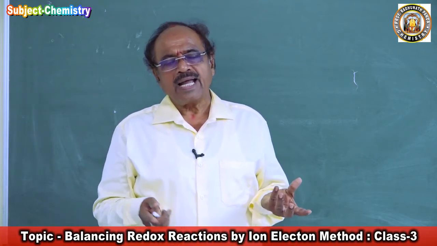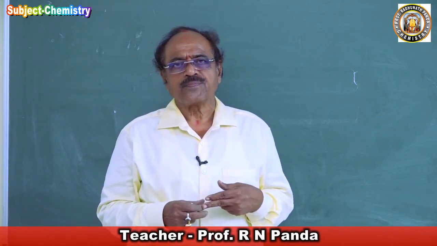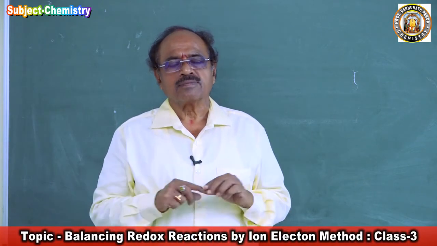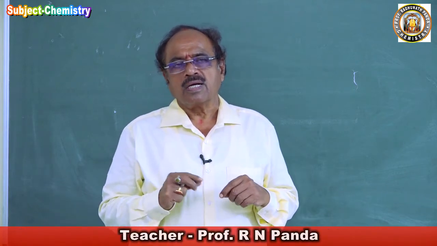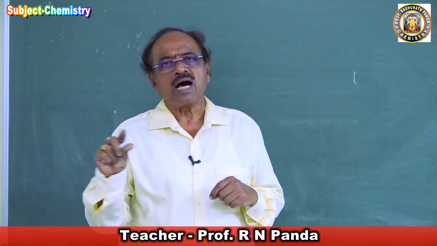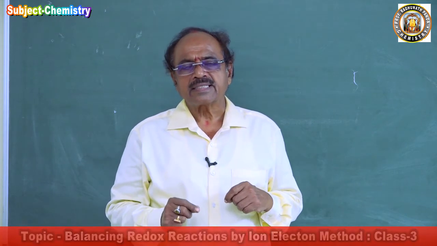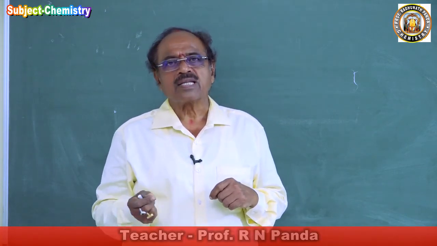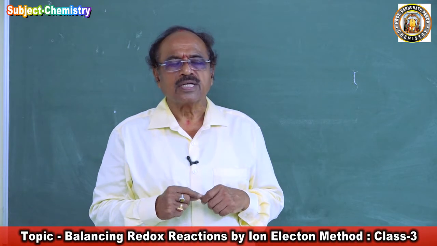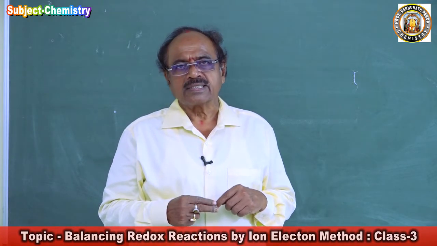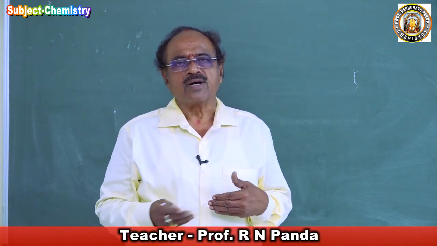Now the hydrogen atom is balanced but charge is increased. So balance the charges by adding electrons. So we get the equation for the oxidation half reaction and the reduction half reaction. Now when substances react, they react in their equivalences. Hence the number of electrons lost during oxidation will be equal to the number of electrons gained during reduction. Hence we have to balance the electrons of the oxidation half reaction and reduction half reaction.